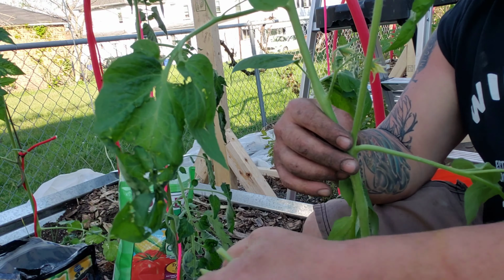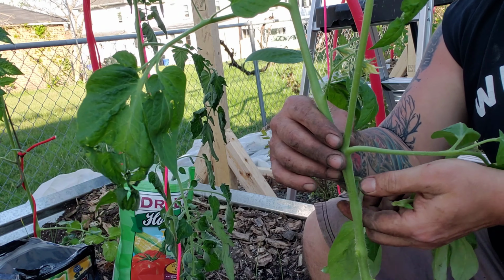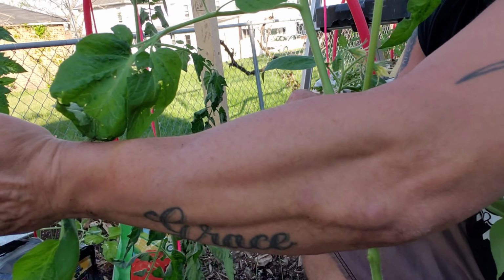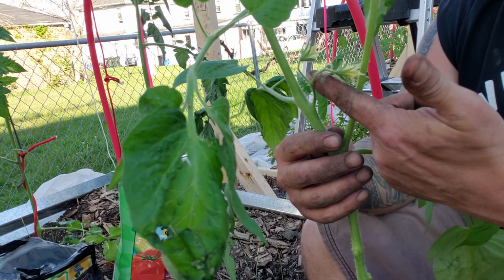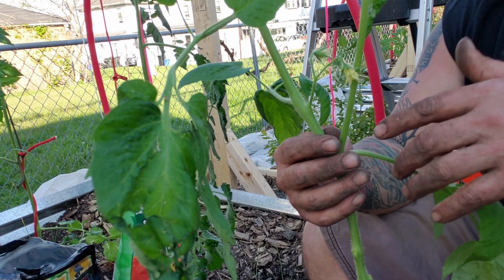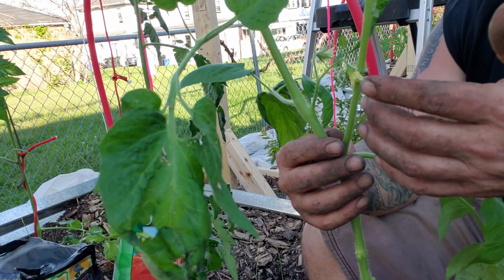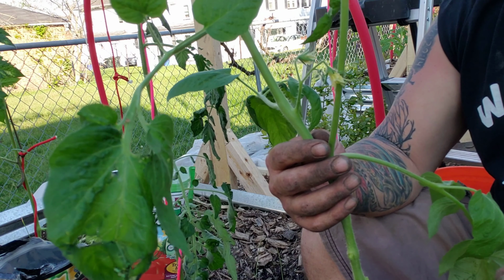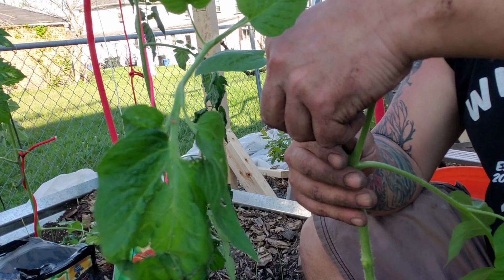For now. This one, and I'm gonna go with this one. But then, as you notice right here, I've already got some flowers growing. Now the thing is, everybody says if you got flowers and they get pollinated, ding, ding, ding, you're gonna get fruit. Well, I don't want fruit yet. So,